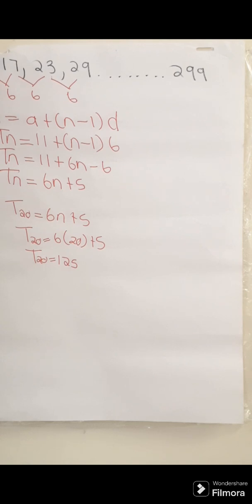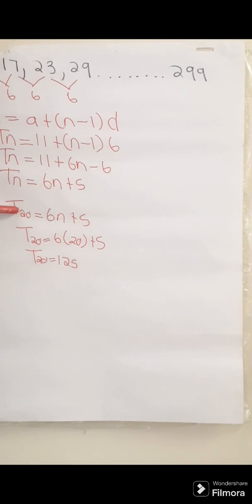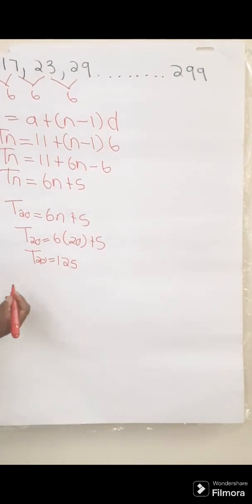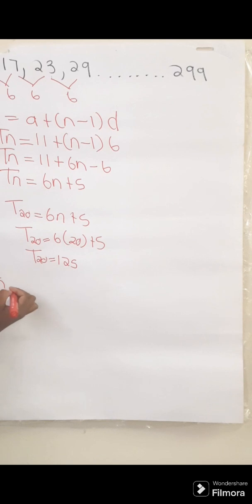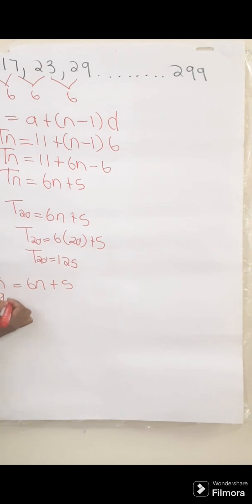So that is n. And you are given this represents Tn. So Tn is represented by this 11 is Tn, this 17 is Tn, this 22 is Tn. So we have 299, which means we have the Tn, right? Tn equals 6n plus 5. So we have 299 equals